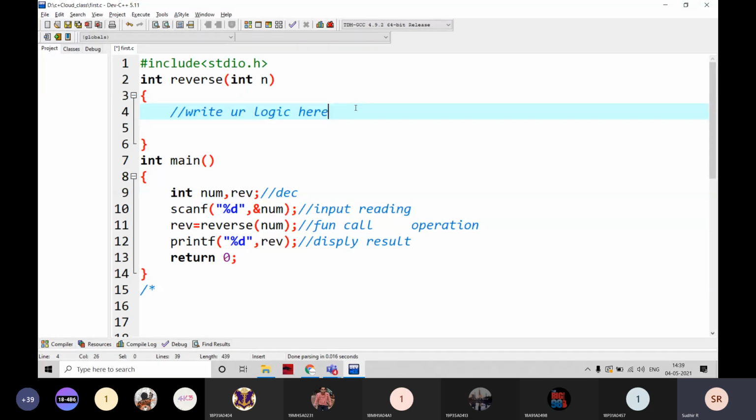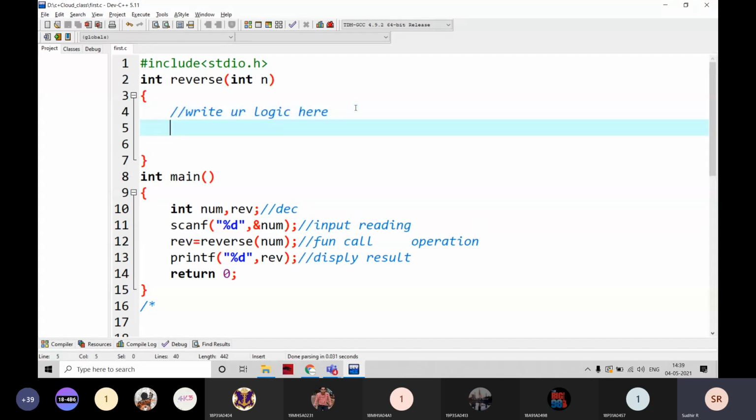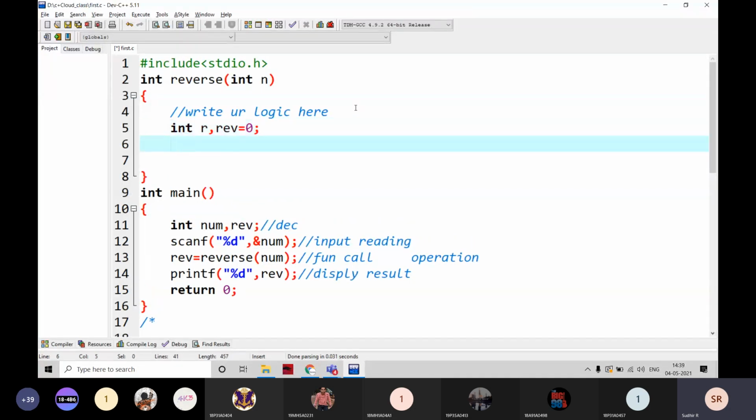Now what is the logic here? For example, I'm going to take a variable rev is equal to 0. What I'm saying is, for example, 3 and 4 are there. 3 plus 4 is? 7, sir.